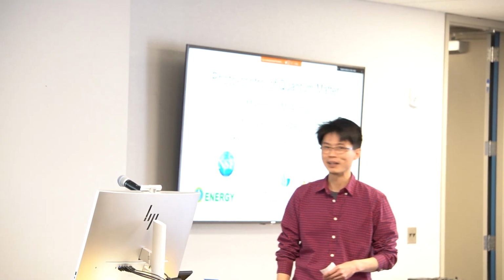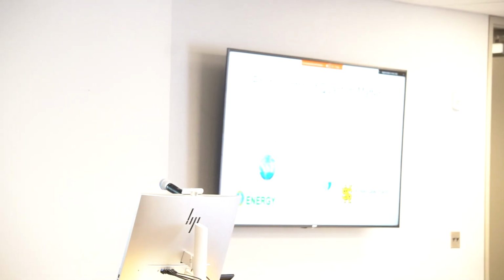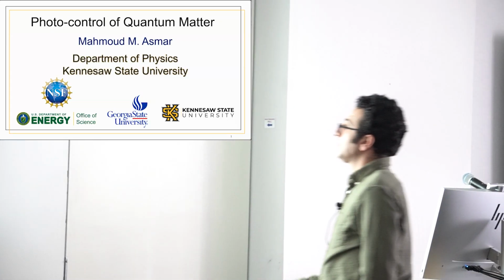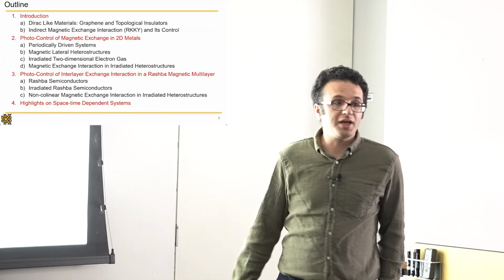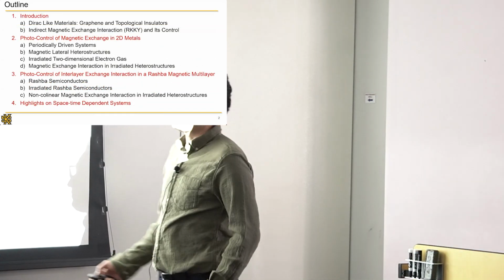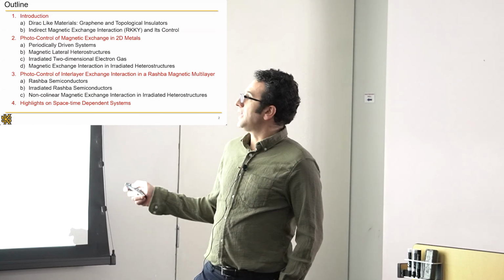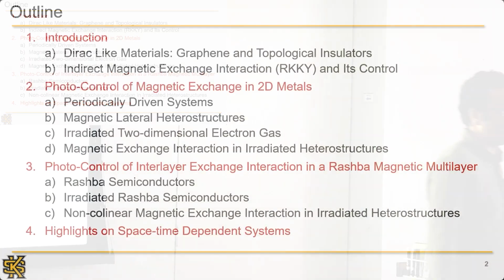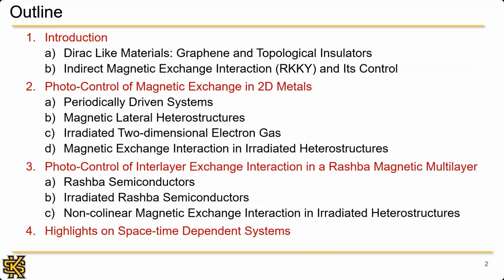Thank you very much, and thank you for the introduction, and thank you for having me at Georgia State. Today I'm going to talk about a specific topic, which is the photo control of quantum matter. The first topic that we're going to deal with today is something called Dirac-like materials, including two-dimensional materials, specifically graphene and topological insulators. And then as a physical phenomenon that I'm going to focus on in this talk, I'm going to talk about the indirect exchange interaction, or the RKKY interaction, and